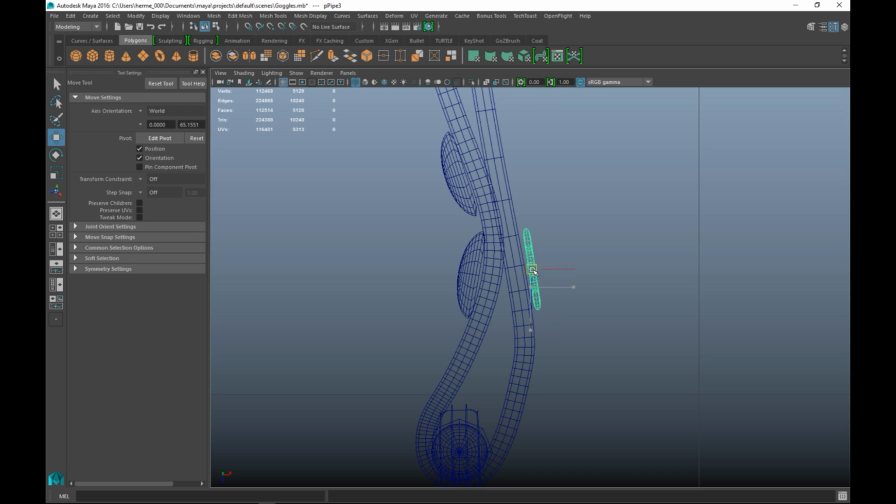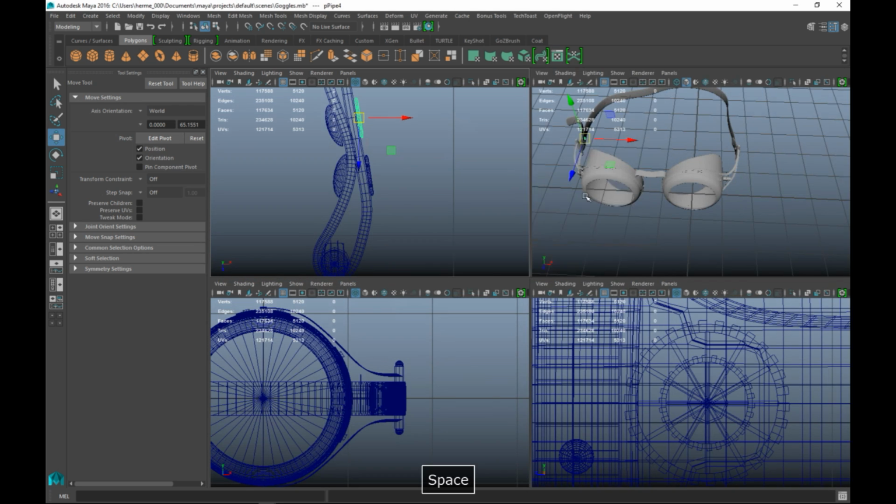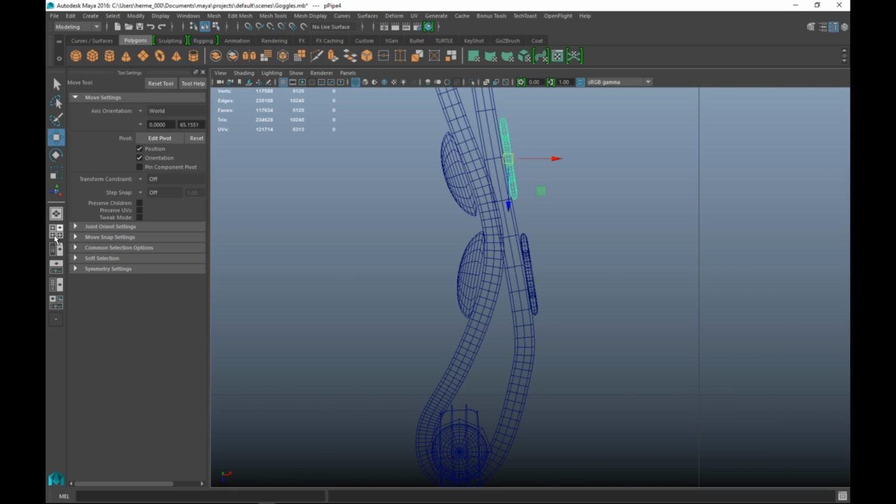As you can see, we got a little bit of a gap here, Control D to duplicate,